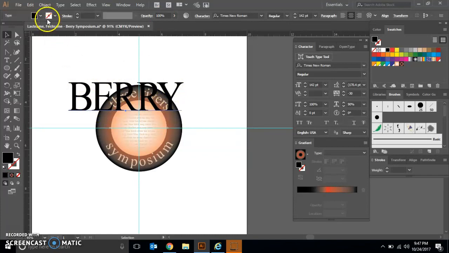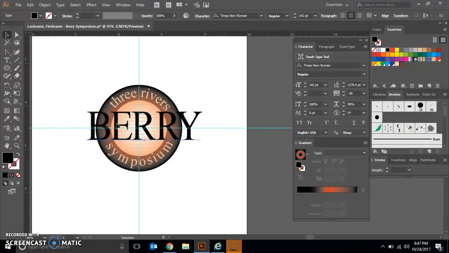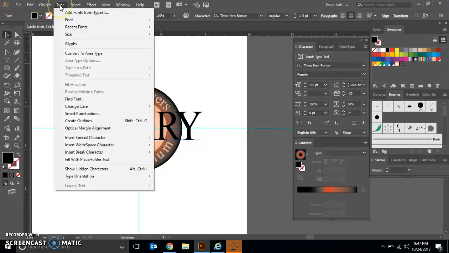We're going to take our selection tool and try and align the berry between the gaps of the Three Rivers and the Symposium, and also just in the middle of our circle. So once we have that arranged, we're going to create a gradient or an outline on this text. The first thing after we have this text selected is to go to Type